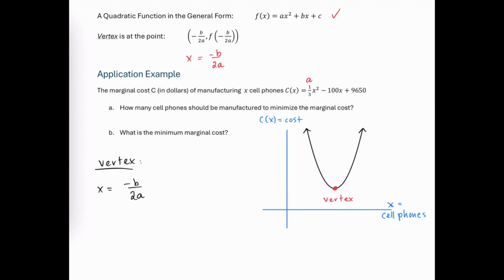Again, a is the coefficient on x squared, b is the coefficient on x, and c is the constant. So negative b is going to be negative 100. Divide that by 2 times a, which is 1/3, and then we simplify. We have positive 100 in the top. 2 times 1/3 is 2/3, and when we divide fractions, we keep the top, flip the bottom to be 3/2,